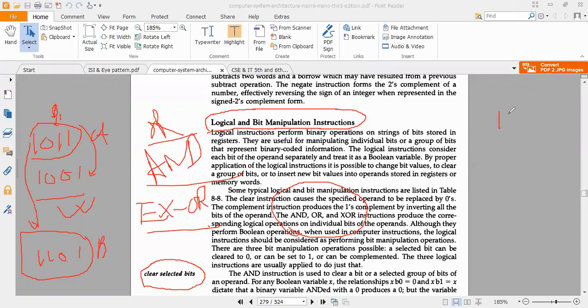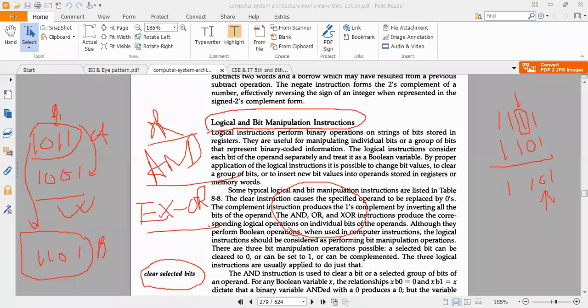You just go through all this and you will understand. Just go through it as I give it to you. I have cleared out your basic concept, so if you go through all these things, it will be very clear. So you want to clear this bit. Now you multiply with 1 1. The bit you want to clear, take it as 0, and make all the rest 1. Now if you multiply bitwise, it will be 1, 0, 1, 1. So see, this bit has been cleared, it is 0. So this is the way of clearing a particular bit. Correct?